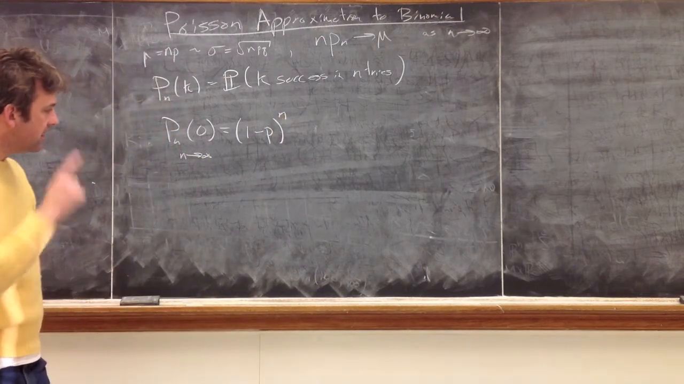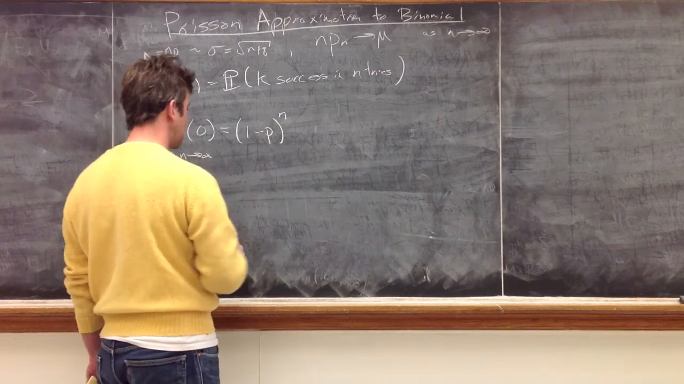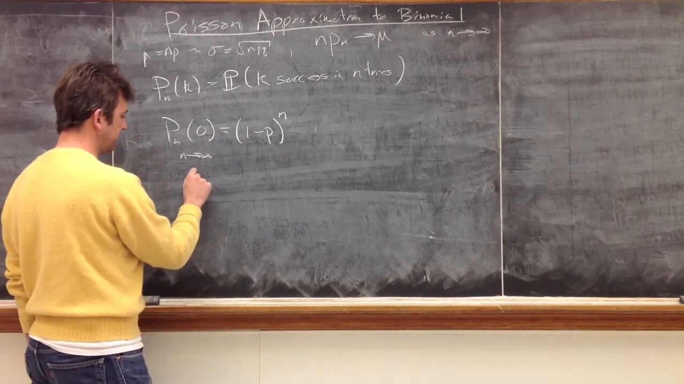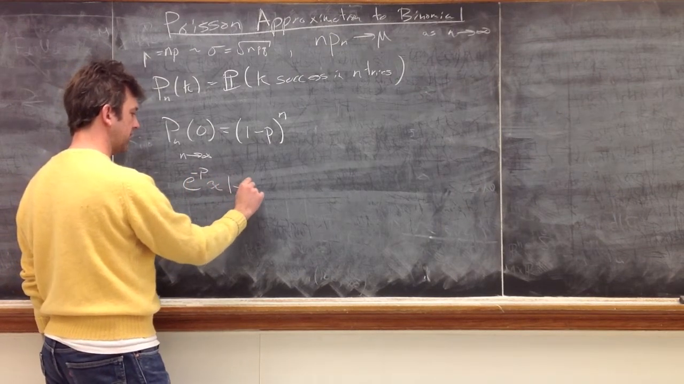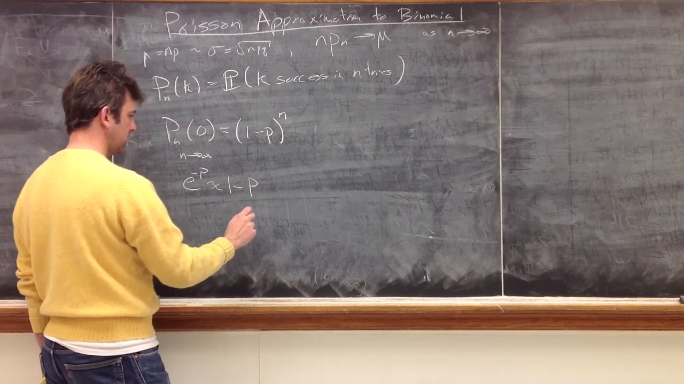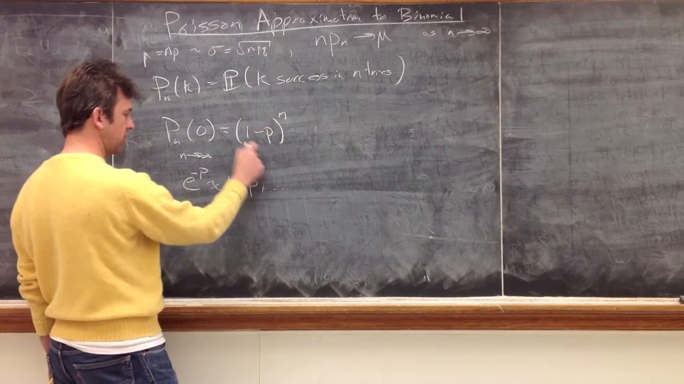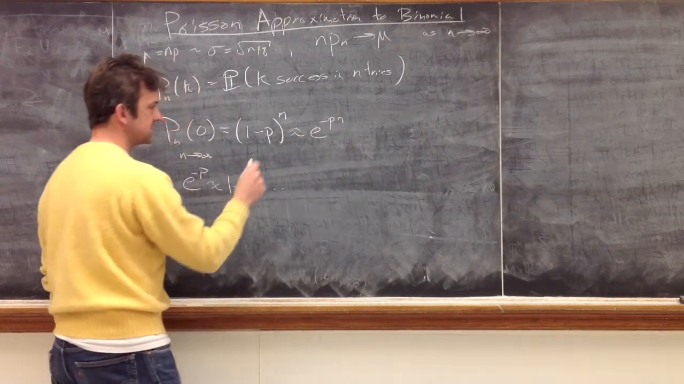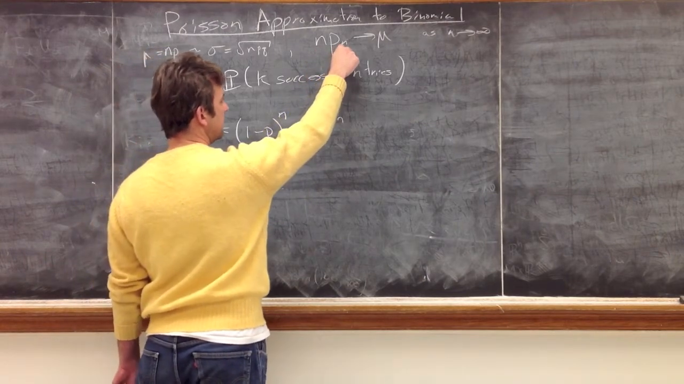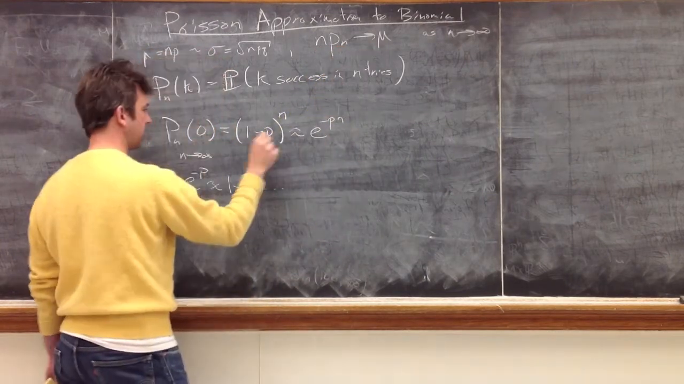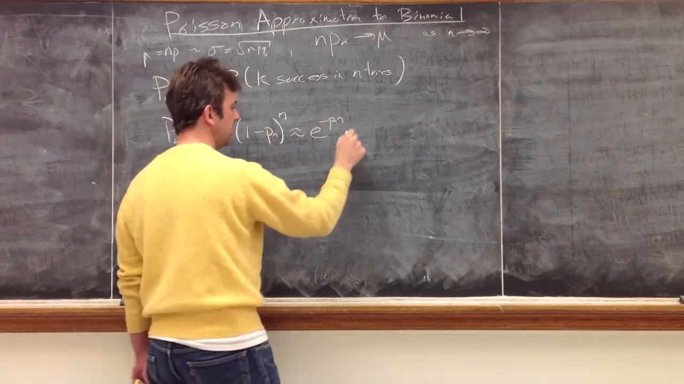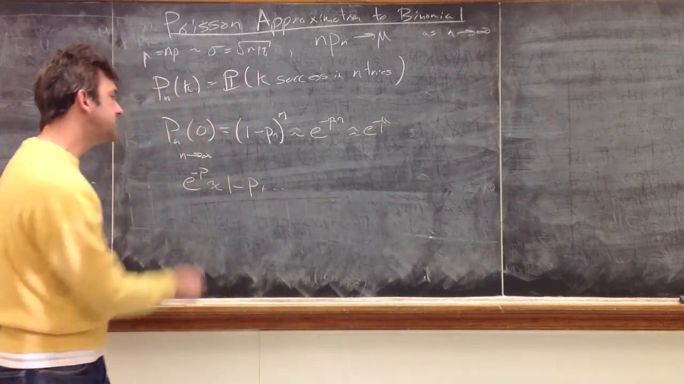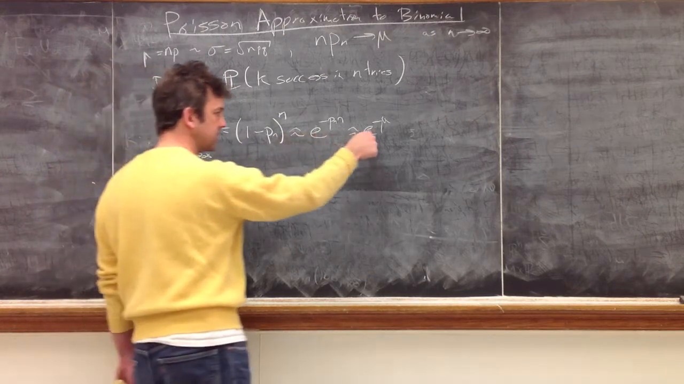Now, since we're assuming that p is getting very, very small as n gets large, we can use the Taylor series approximation of e to the minus p, and say that's approximately 1 minus p plus some higher order terms. So we'll just replace this 1 minus p with e to the minus p. So this is approximately e to the minus pn. And since we're assuming that np goes to mu, so we're thinking about a whole sequence of these problems, I should really have a little n here, then this is approximately e to the minus mu. So in this case, we see that the chance of having no success is approximately e to the minus mu